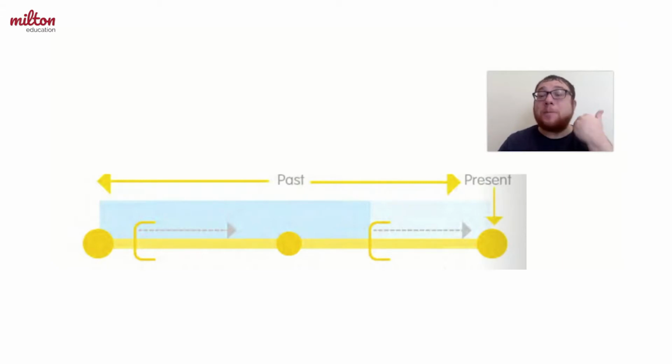When we use the past perfect, we need to order the events of a sentence in a logical way. We need to think about it like a story, that a story has a beginning, middle, and end. You might think of the past like this. The past perfect is the beginning, the past simple is the middle, and the present perfect is the end.